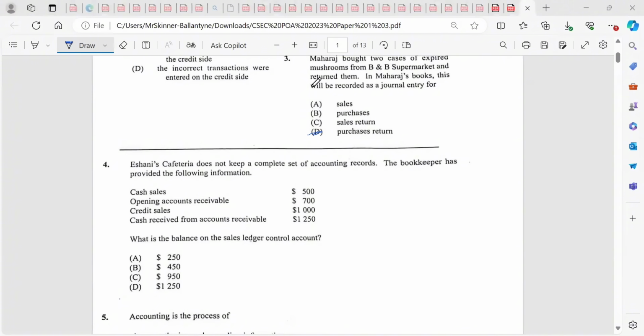I would always recommend you draw a T account. Draw it. They want to know the balance of the sales ledger control account. The sales ledger control account deals with your debtors and credit sales. So cash sales, you ignore completely. The opening balance will be on the debit side, balance brought down,